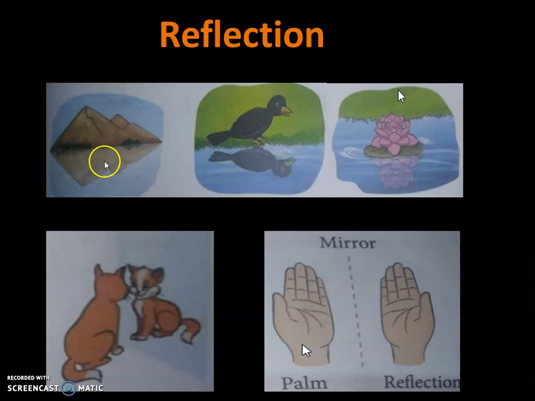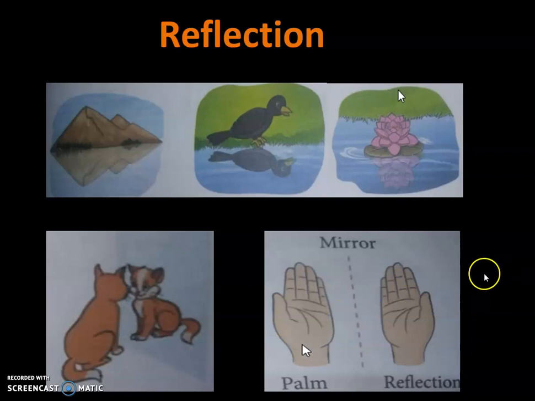You would have heard about the greedy dog and the lion which fell into the river on seeing its image. Like that, a few stories are there. This is natural reflection from water. See, this water reflects this crow, this lotus, and this mountain. This is nature's reflection, and like that, this dog looks at itself in the mirror. Even the hand is reflected through the mirror. This is what is reflection.